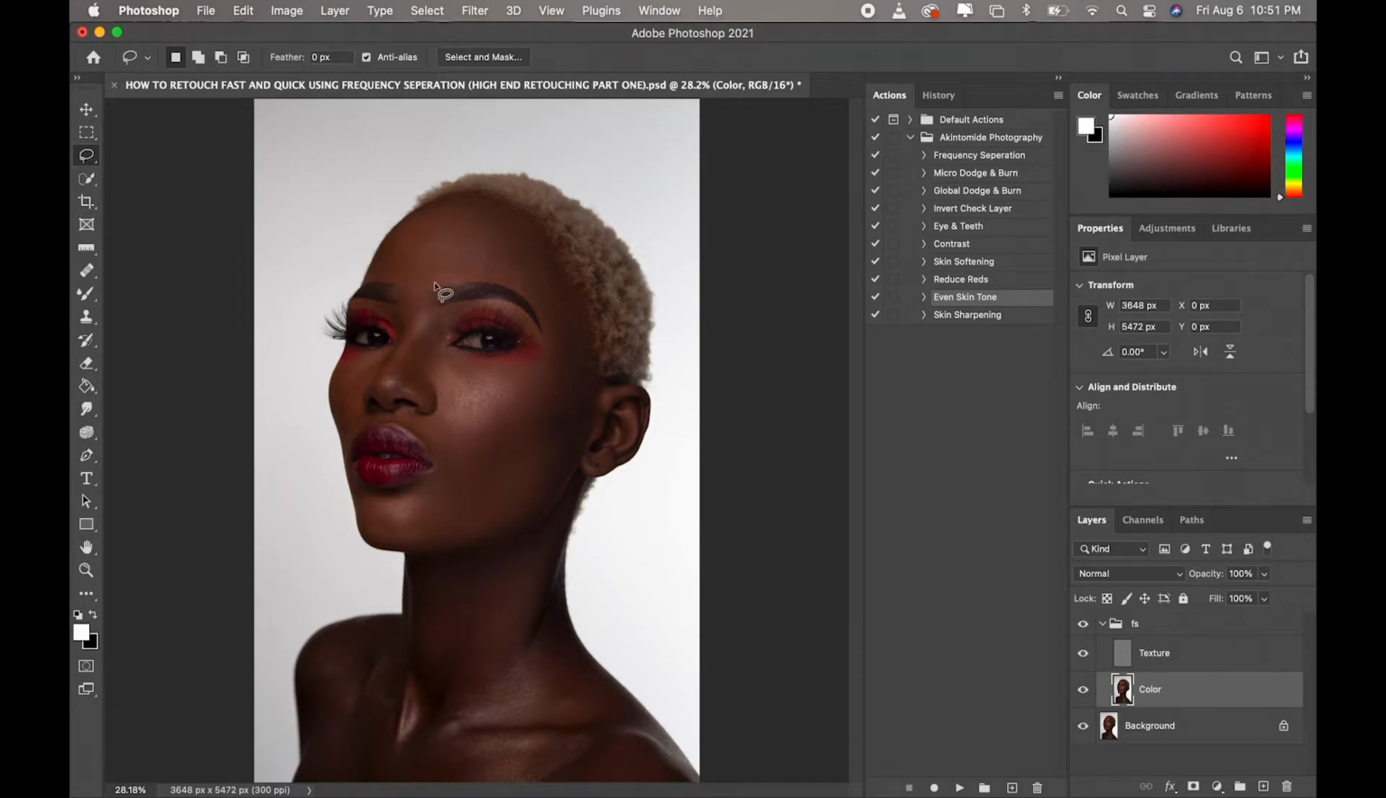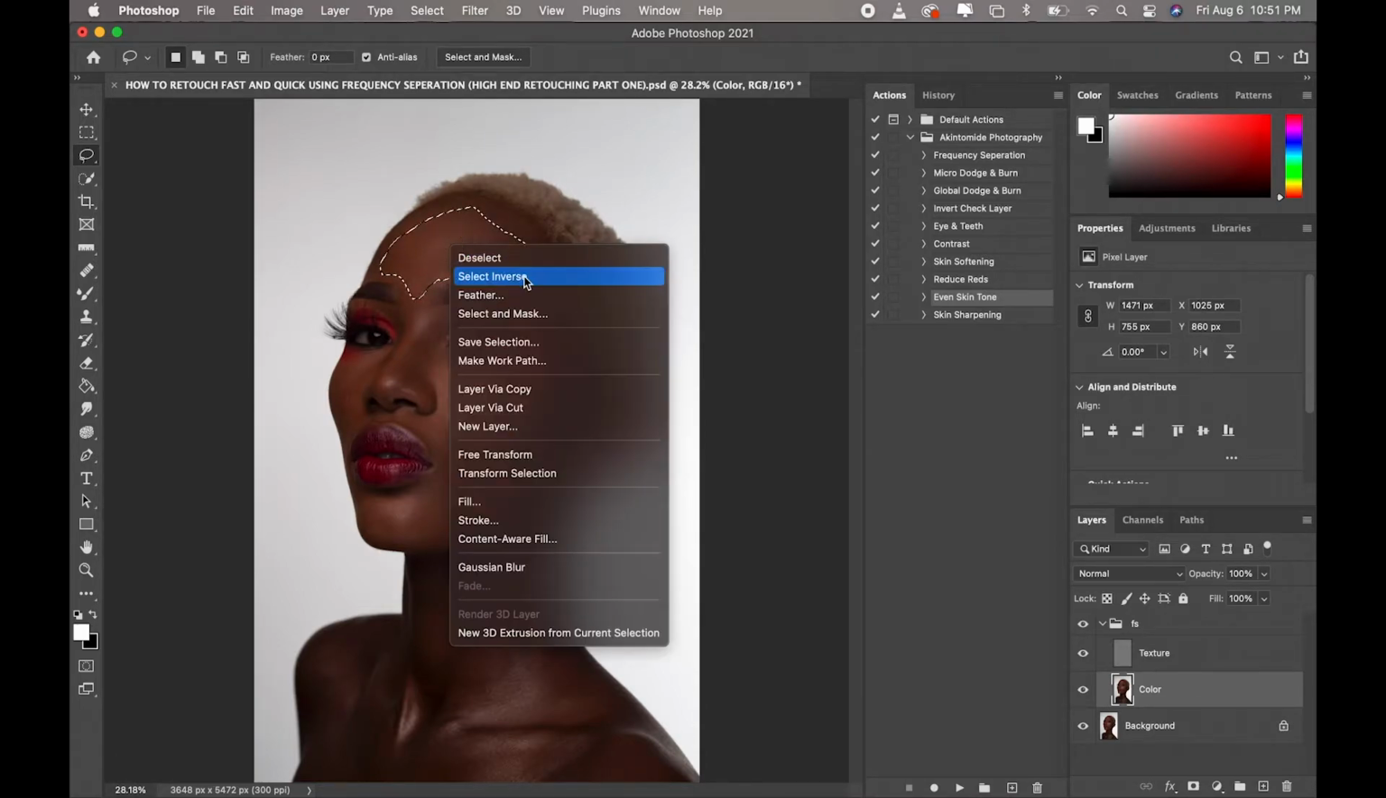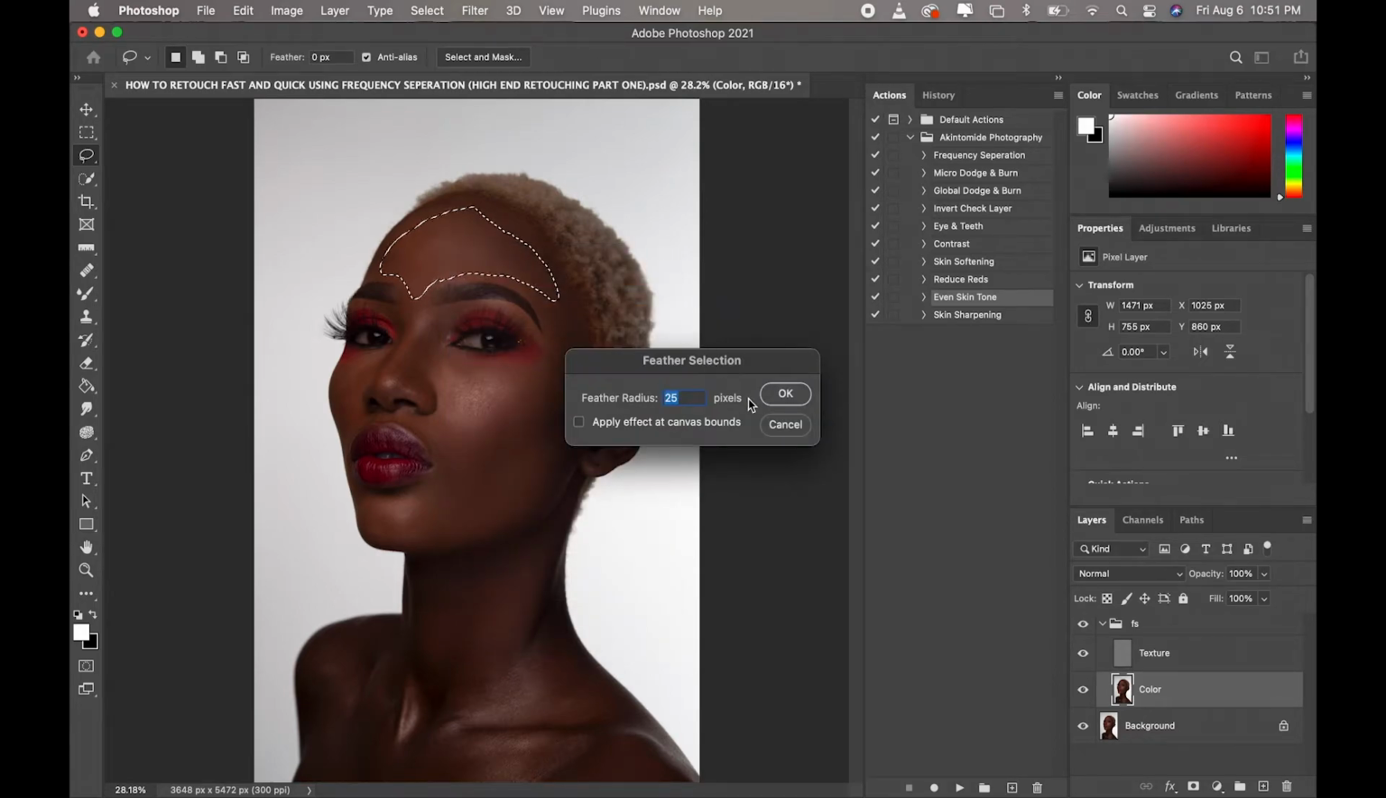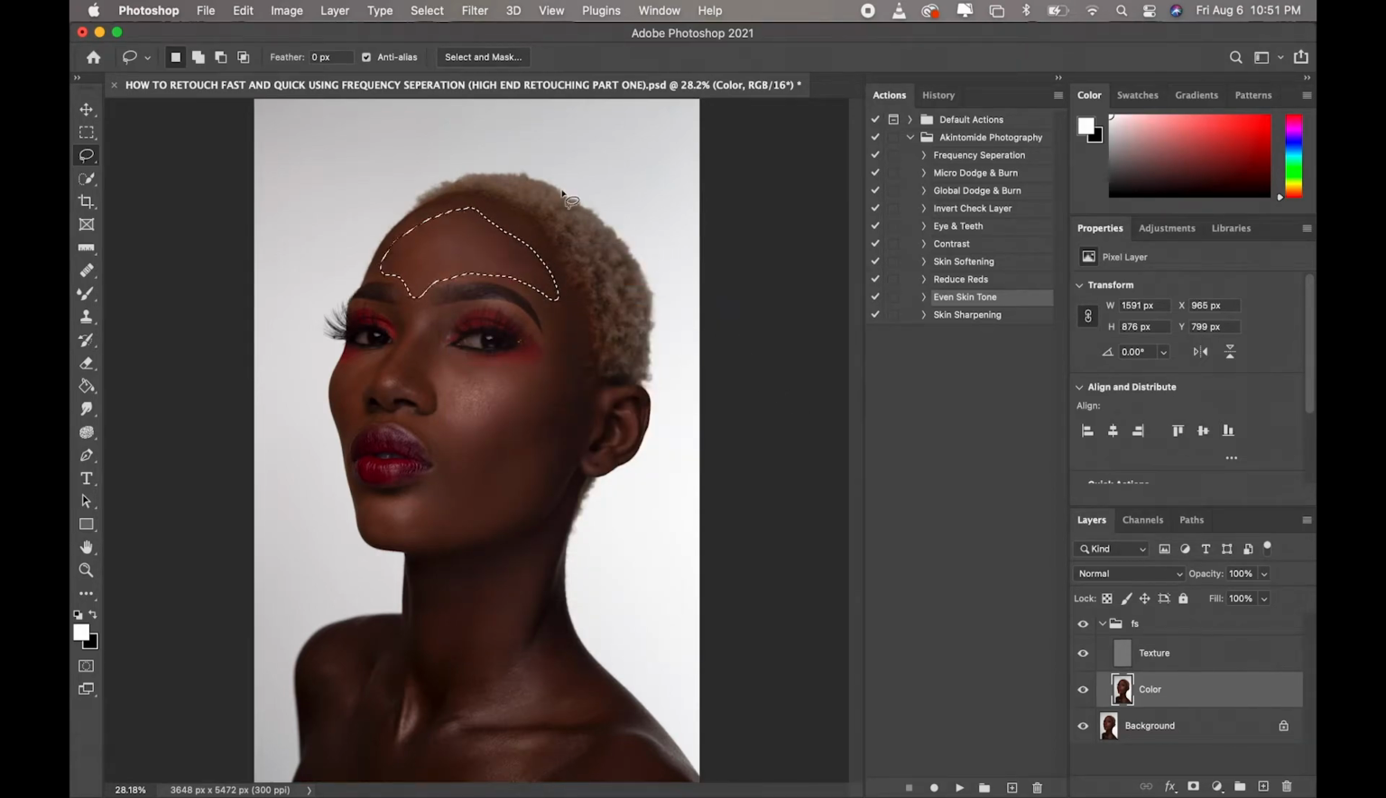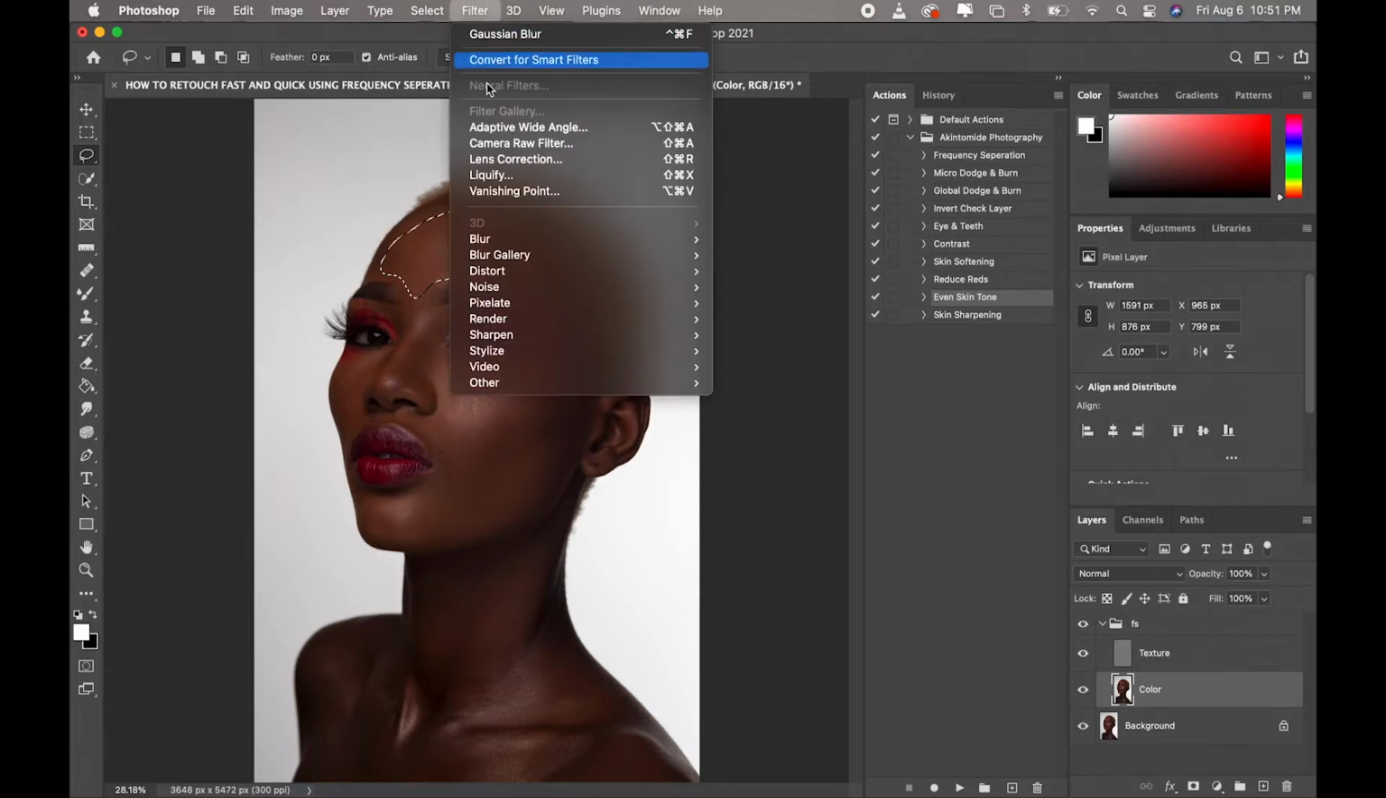right? And we're just going to select an area. Now we're going to select an area of our forehead, and we're going to feather this. I usually use 25, and come to filter, blur,